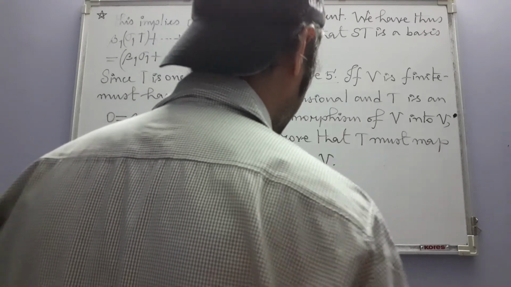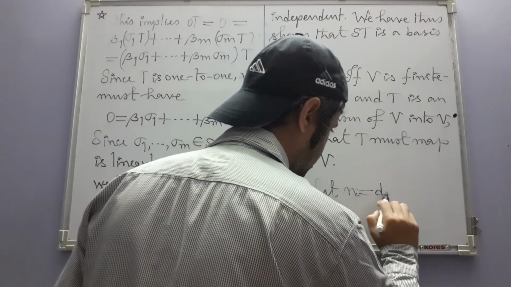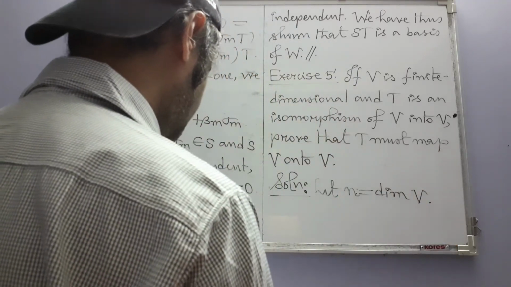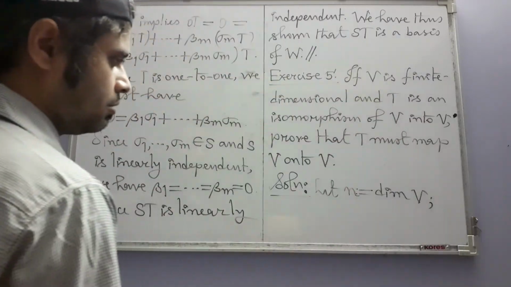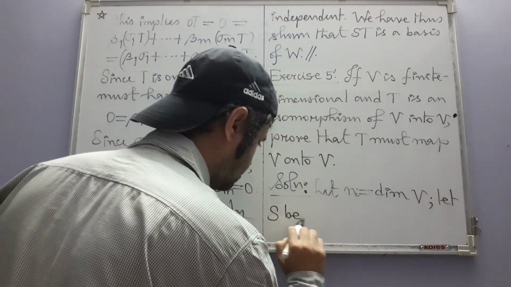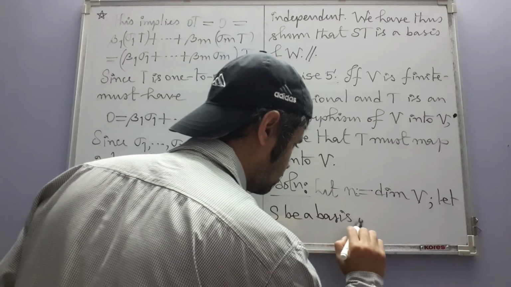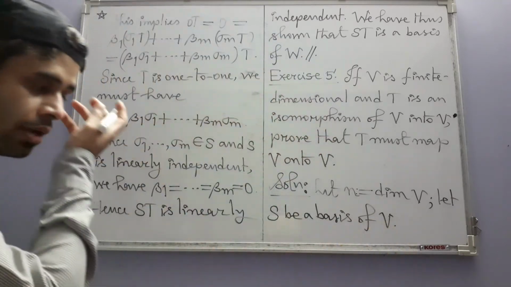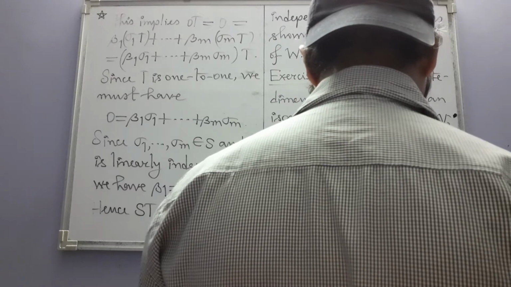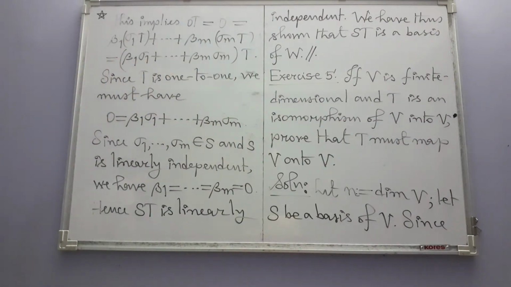Now we are given a finite dimensional vector space. So let n be defined to be the dimension of V, and because we have a finite dimensional space, let S be a basis of V. So that means S will have n number of vectors, n elements. Since T is 1 to 1,